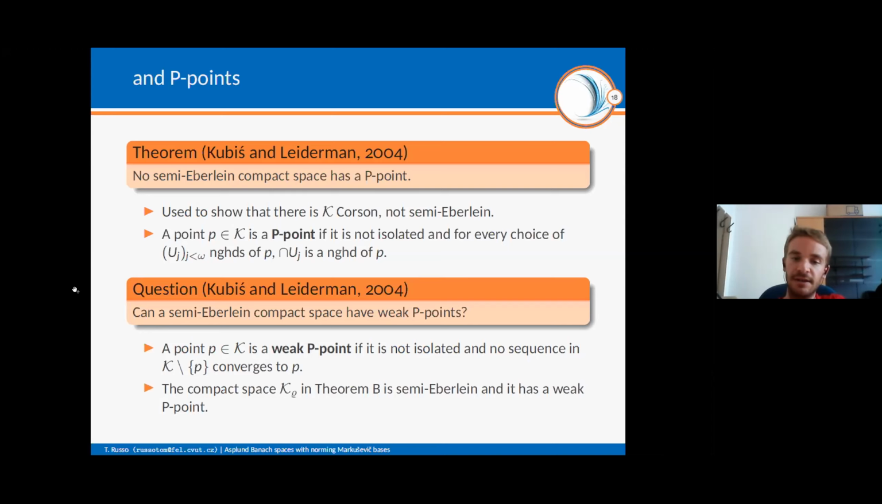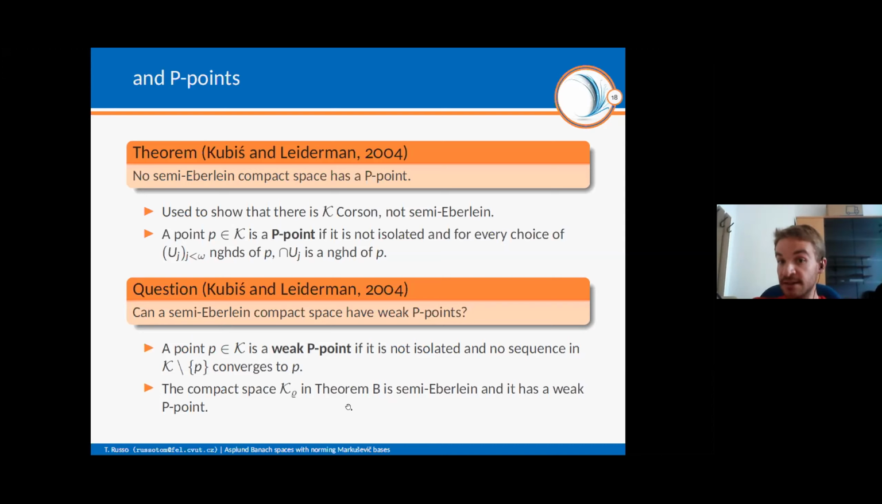And well, our compact K_ρ is also semi-Eberlein, because semi-Eberlein needs C_0(Γ) being dense, and in our case, the finitely supported vectors are dense, so these are in C_0(Γ). So our compact is semi-Eberlein, and it does have a weak p-point. Which one? Well, the unique uncountable one,